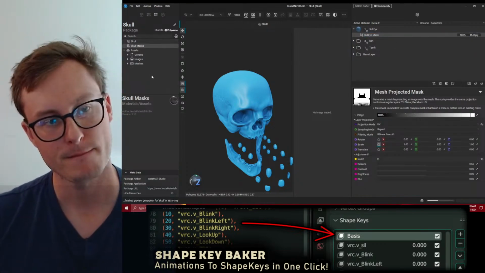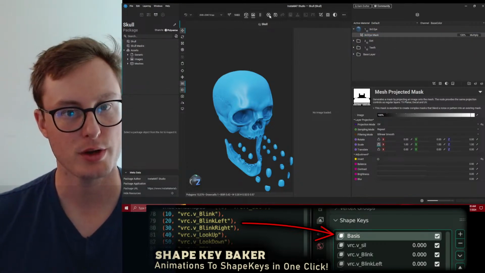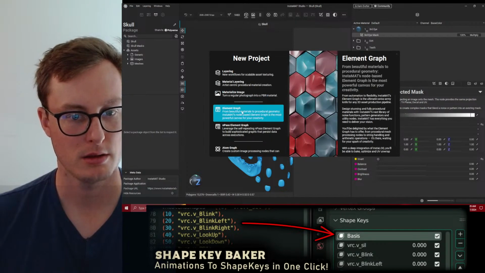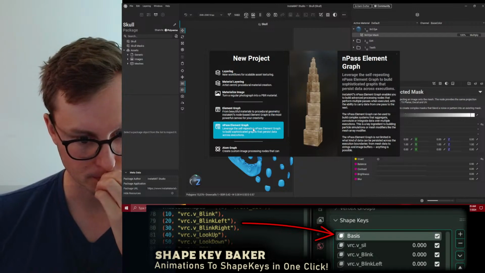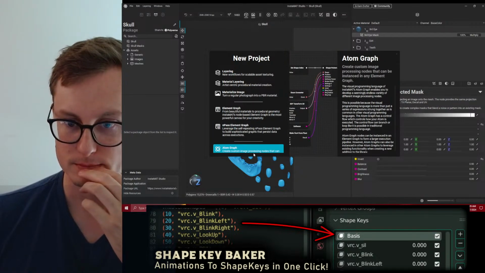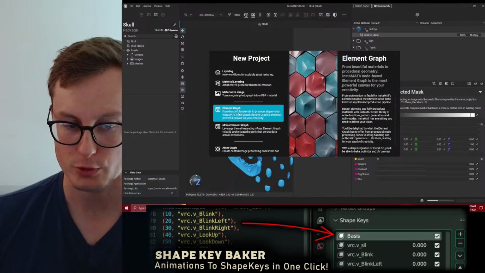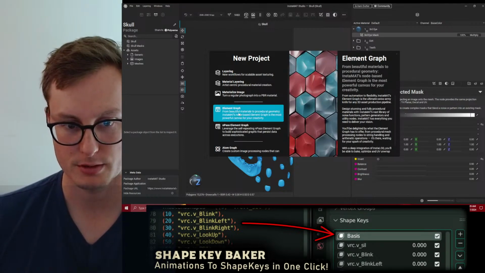Okay. We're gonna do one more thing. We're gonna try making a new project. We'll try an element graph first.